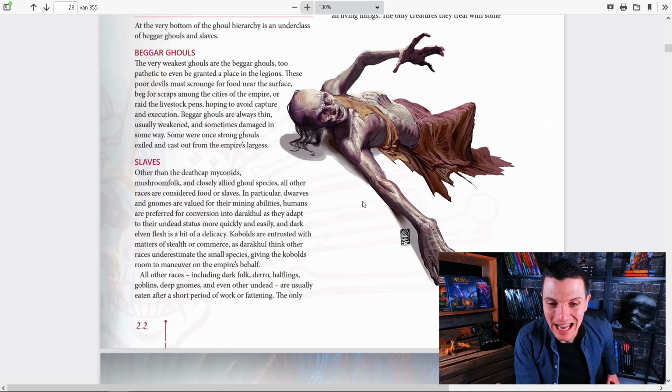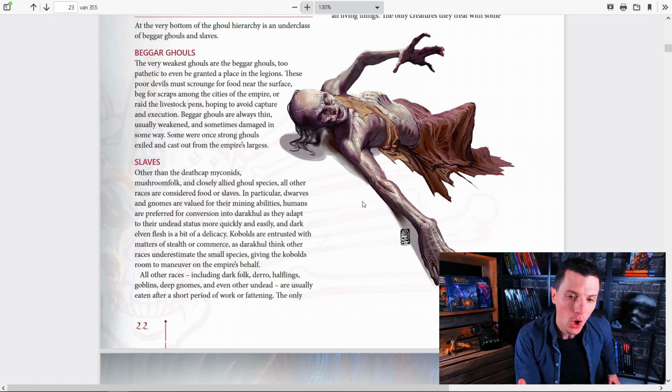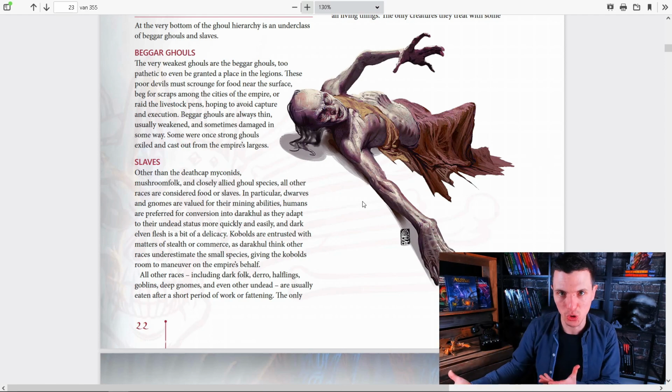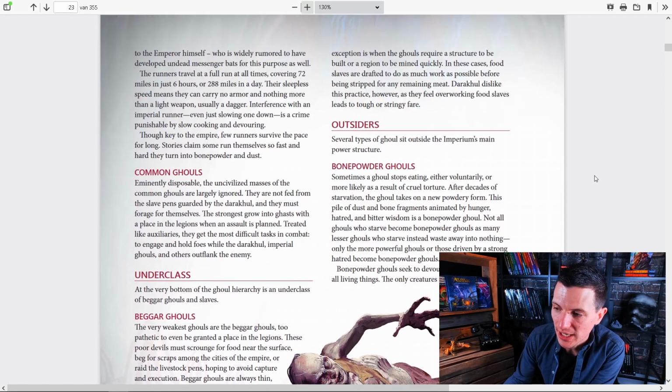So you could play, even as a player, a kobold that used to work for the Empire of the Ghouls but got away, or a kobold that has been captured by the Empire of the Ghouls and they are not feeding him, so he becomes subjective to them, and then they start doing tasks for them. All of that stuff is in here, and I think that's a really interesting thing.